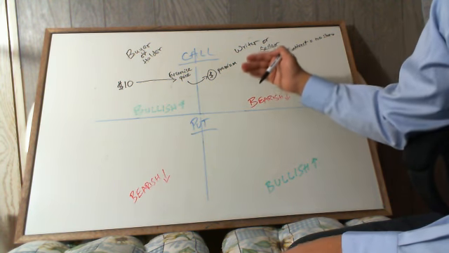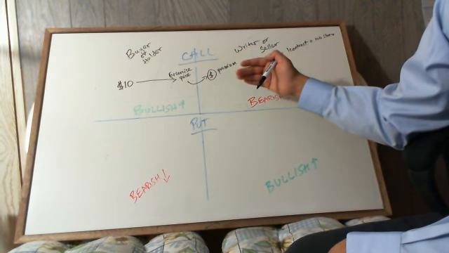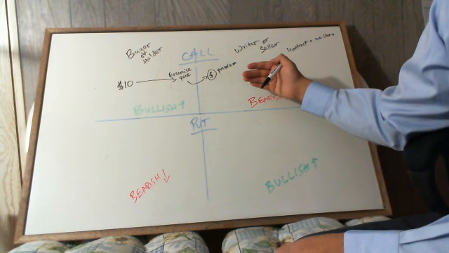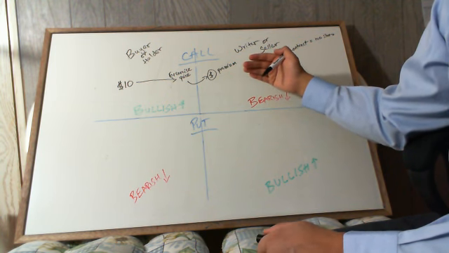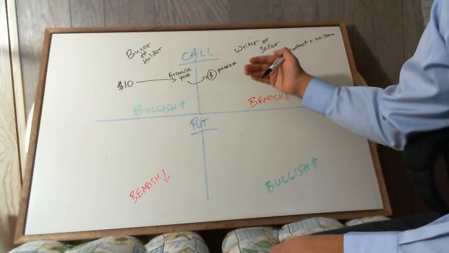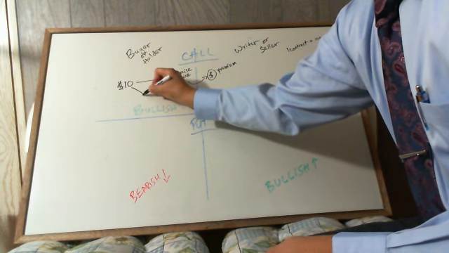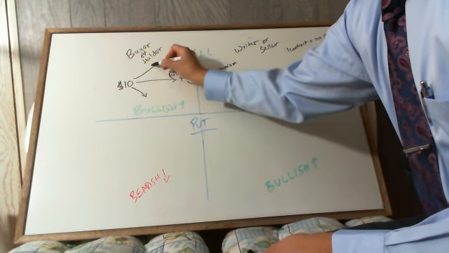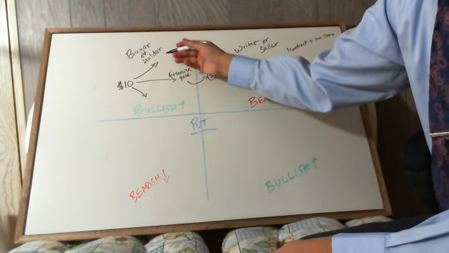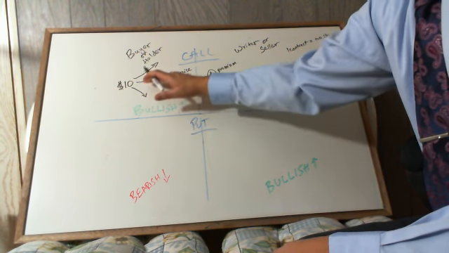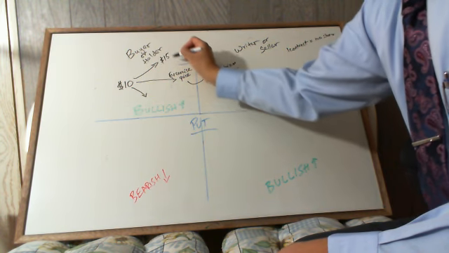Now, when it matures, some options you can exercise before maturity, others you cannot. There are American calls and puts, and there are European. After the time period, two things can happen. Either the stock has fallen in price or the stock has increased in price. Let's first go through if it has increased in price. This person was bullish. He expected it to go up, and now it's, suppose, $15 in the market.